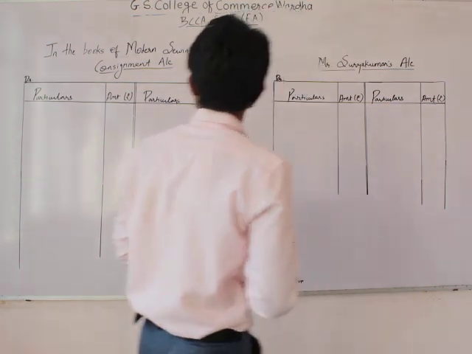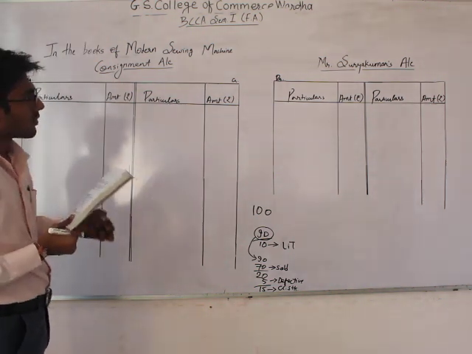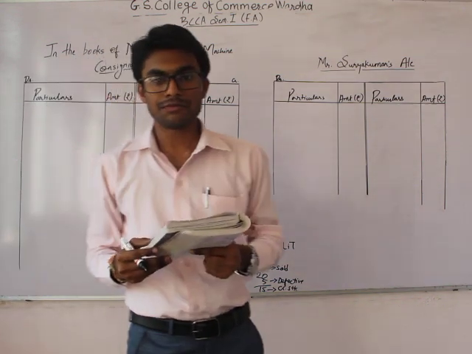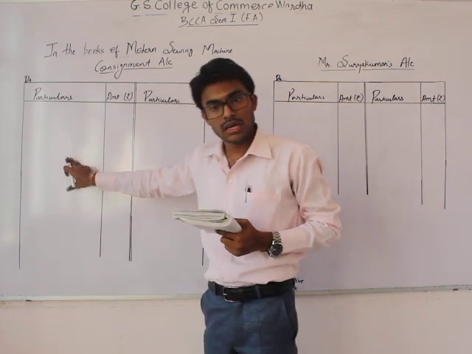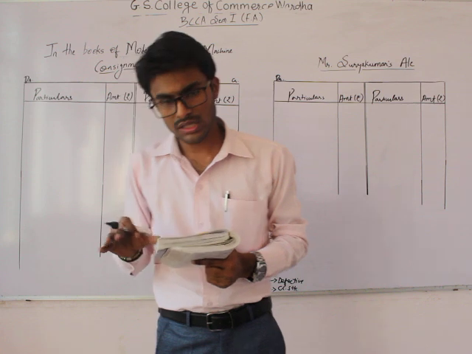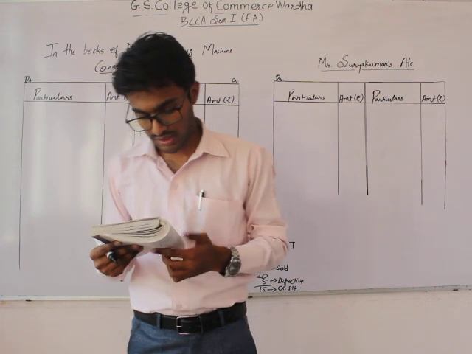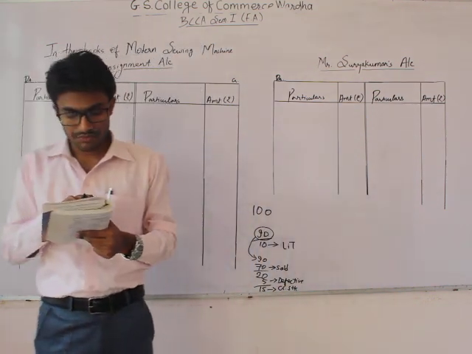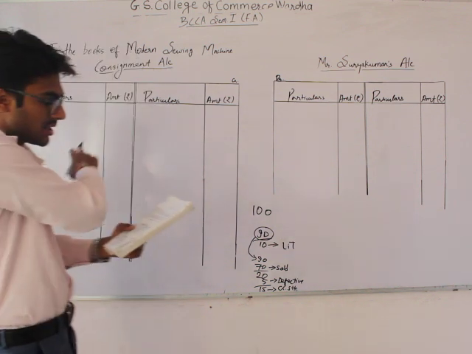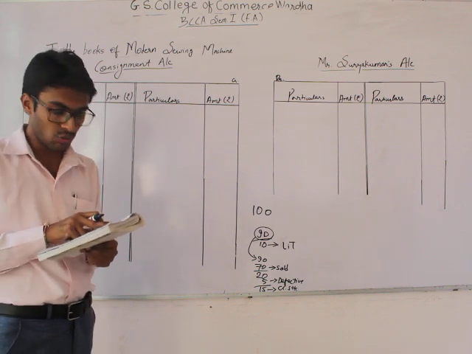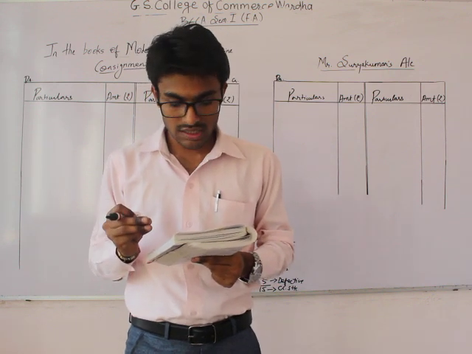So this is the consignment account, and this will be like the trading account or P&L account. By that concept you have to write all these expenses into this account. So let's start with our practice. The first transaction is that Miss Surya Kumari, the proprietor of modern sewing machine, sent on consignment to Mr. Surya Kumar 100 sewing machines. So we have sent the goods on consignment.